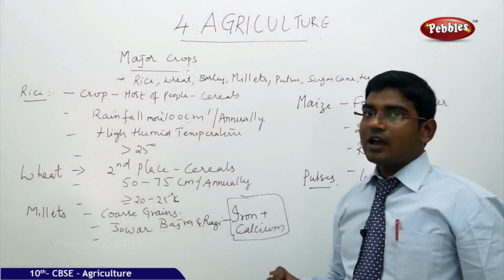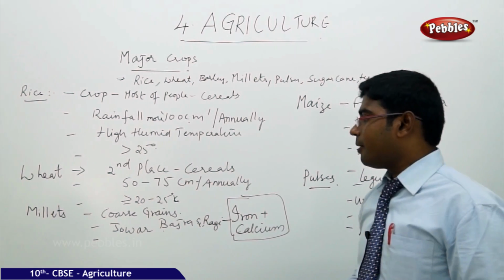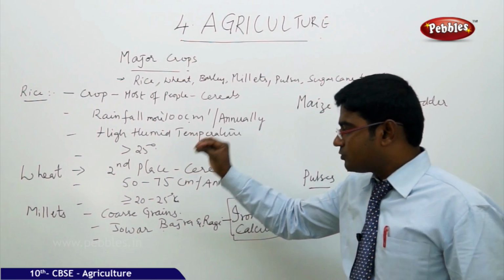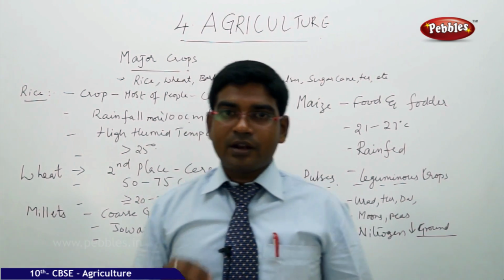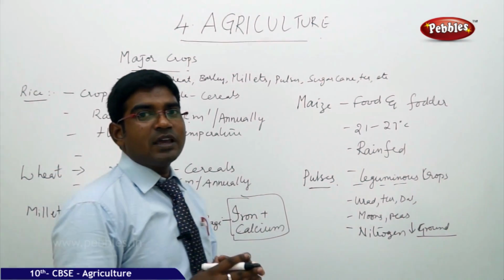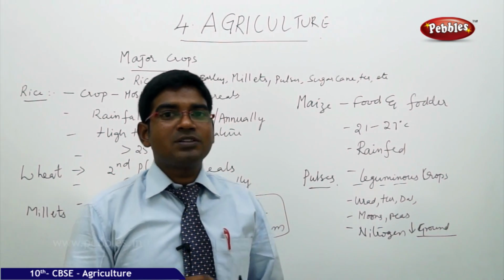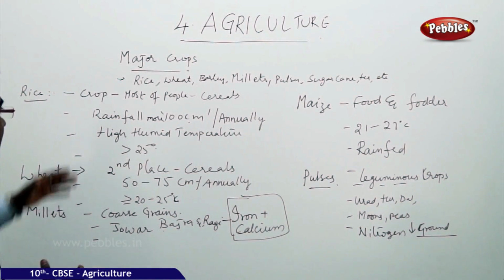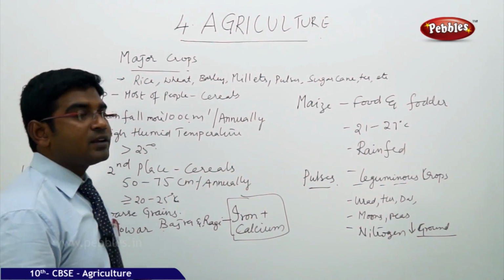Rice and wheat are the larger crops which are produced in India in many states of North and South India. Millets come under the category of coarse grains, where we have the production of jowar, bajra and ragi. Here, jowar, bajra and ragi are highly rich in iron and calcium, which is very much important and required for all human bodies to develop and to have stable strength and stamina. That's why most Indians prefer, along with their regular cereal crops, to add these coarse grains in their regular menu.